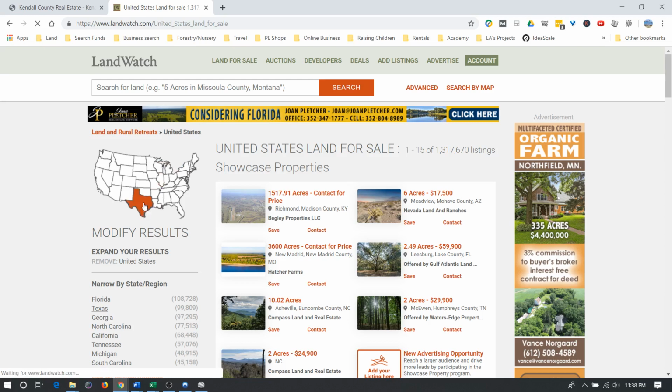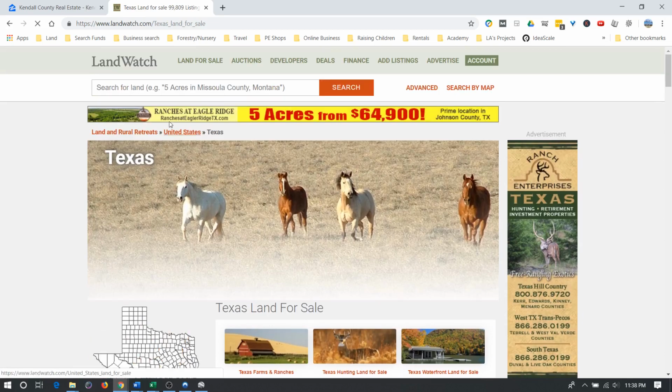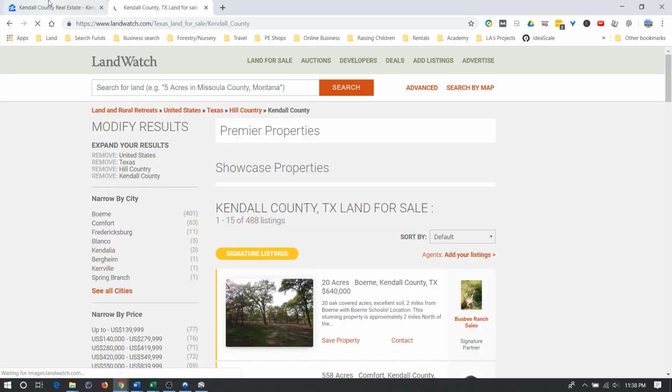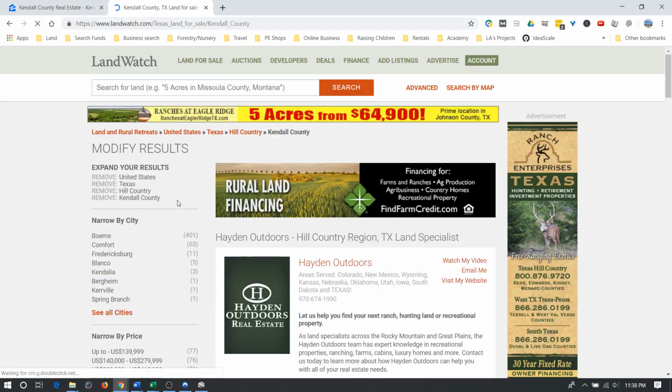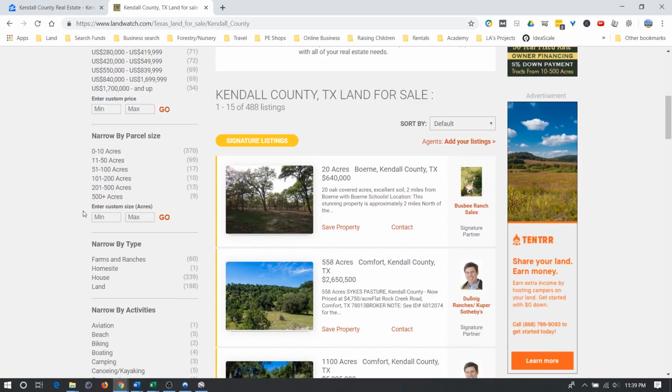And here you can go like this. Actually, you can find it on the map. You can also just type in the county here, Kendall County, Texas. Okay, so this property is 8 acres, and when we look for comps, we want to look for properties that are between half the size, so I'm going to put in 4, and twice the size, so I'll put in 16